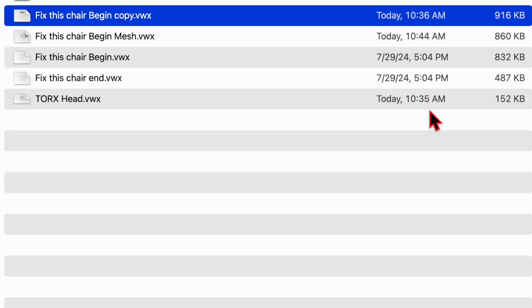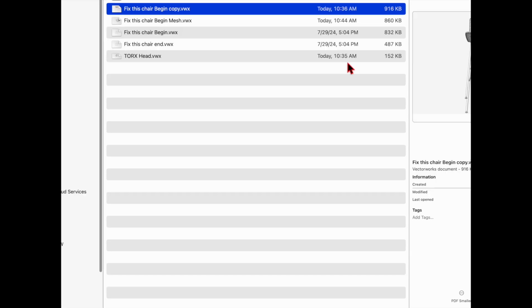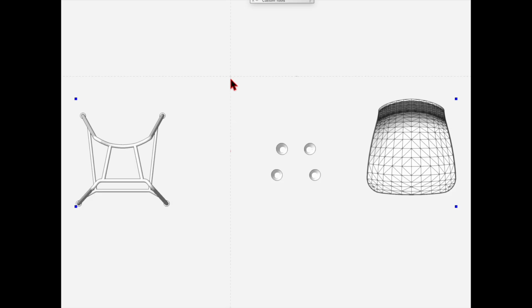Now multiply it again by 4 per stool, and then multiply it by 3 or 4 stools per bistro table, 50 bistro tables in an event layout, and you suddenly realize how the complexity adds up. So here we've taken the chair and separated it into pieces, and while some people might keep these pieces here,